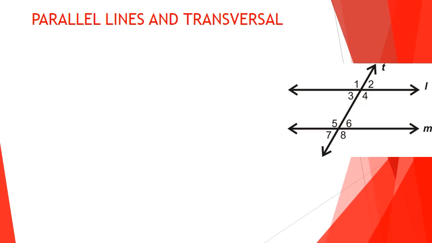You have seen that when two lines are intersected by a transversal, 8 angles are formed. And we understood the names of the pairs of angles also. Just recall, if two lines are intersected by a transversal, 8 angles will be formed. We can categorize them into two types, that is interior angles and exterior angles. Look at the figure and tell me which are the interior angles and which are the exterior angles.